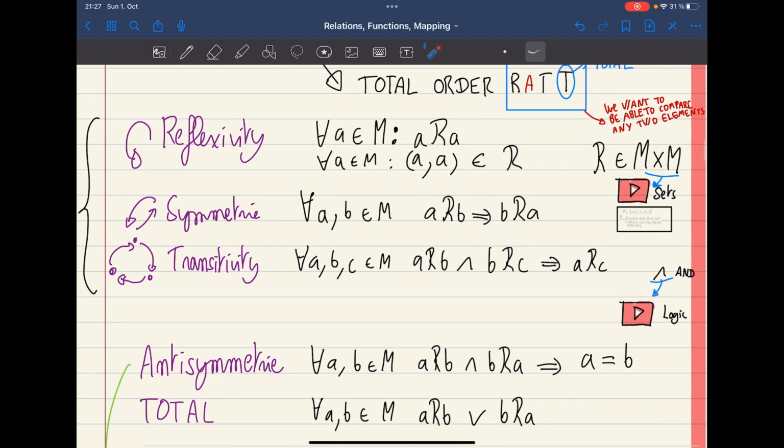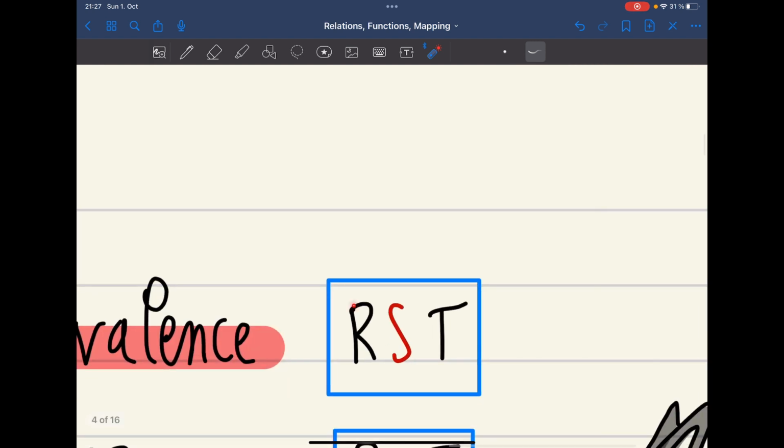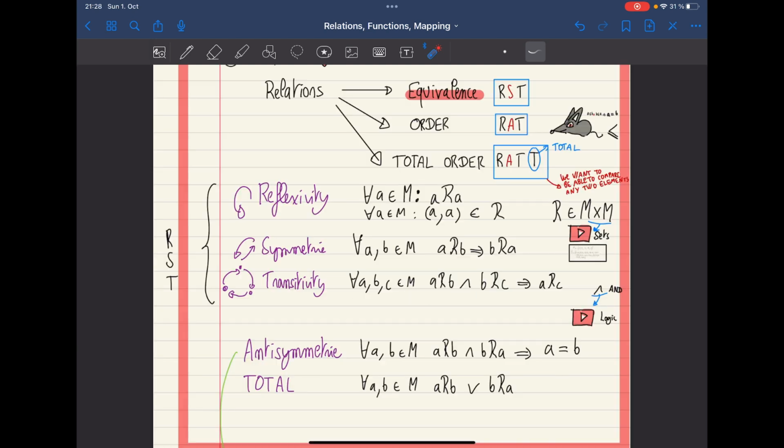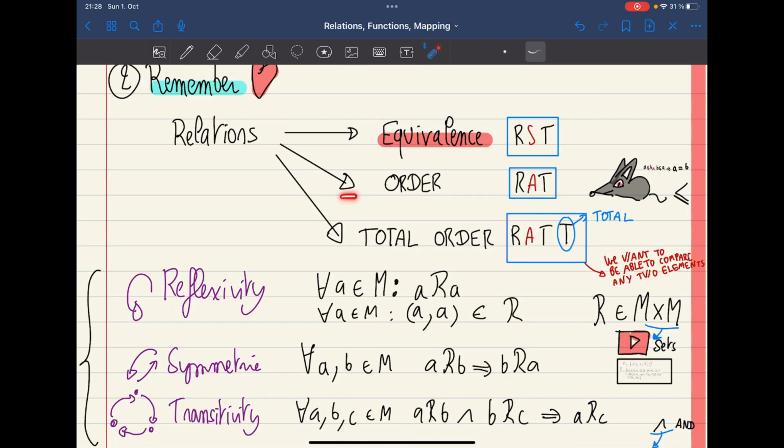For transitivity: A in relation to B and B in relation to C, then A in relation to C. For remembering, I would just say, remember RST, because reflexivity, symmetry, and transitivity. If you replace symmetry with antisymmetry, so you have reflexivity, antisymmetry, and transitivity, mnemonic RAT, you have a partial order